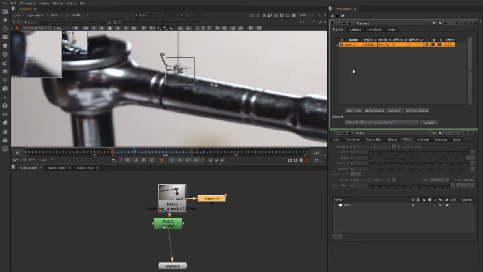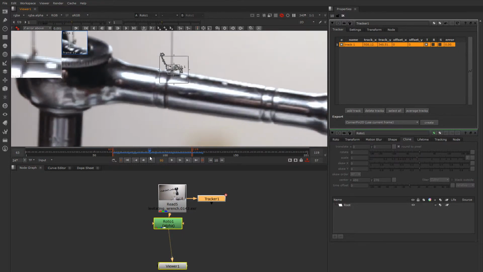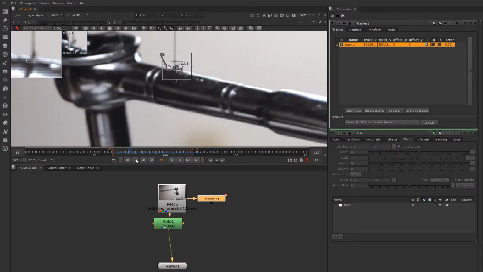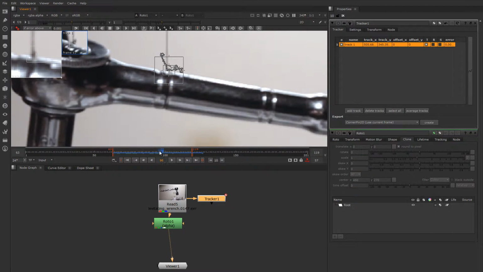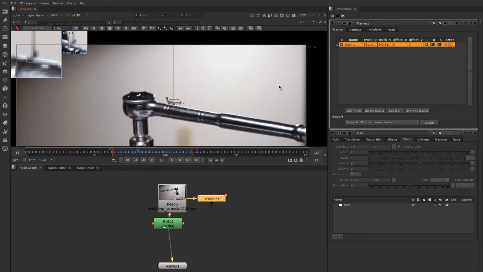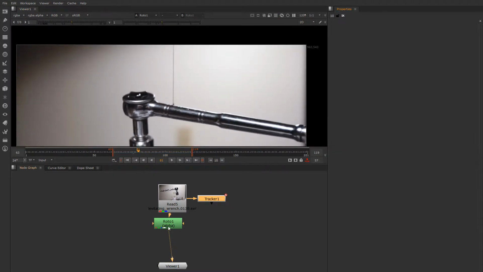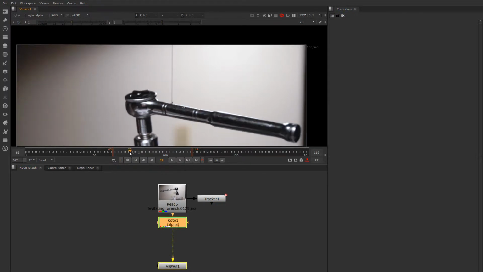So now we have a track that is following the wire roughly at the bottom. And it's doing good enough. We're going to mostly be using paint techniques here, so this just needs to be good enough. So let's get started with our